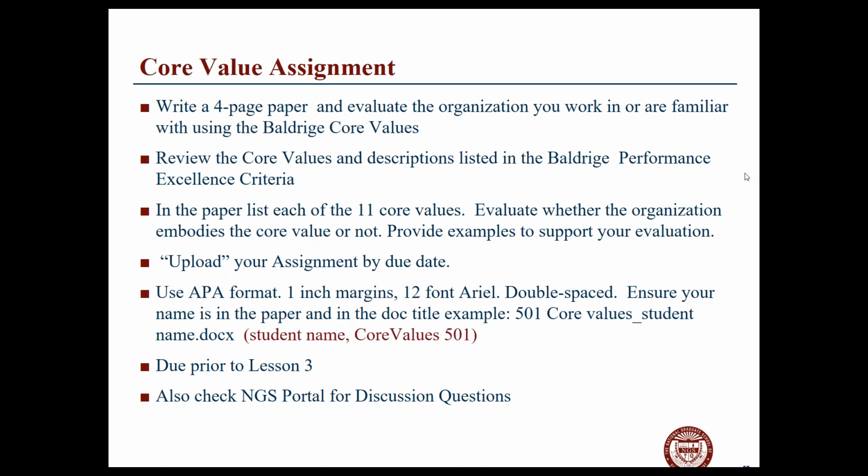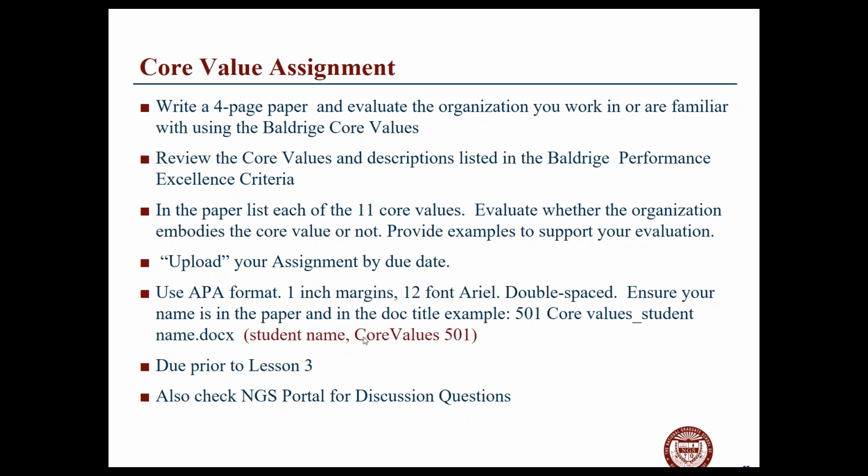And if you've got any questions about the assignment, one other thing, when you write your file up and you upload it, put your last name first. It's just helpful for me when I grade papers that I can sort you alphabetically. So if you put your name and then something like core values 501, I know what the assignment is. So when you upload it, it's a lot easier for me to grade, so you don't get somebody else's grade. That's just in the file name itself.